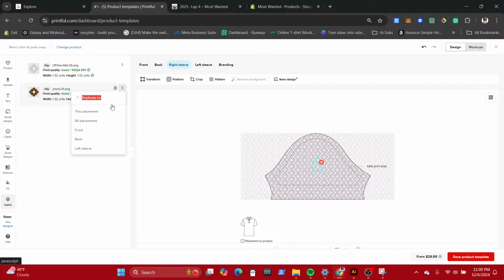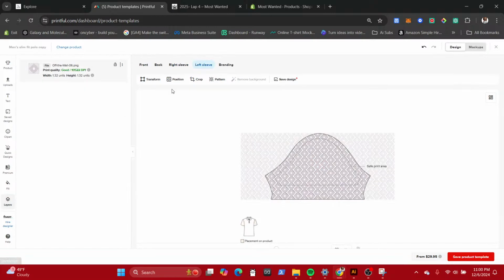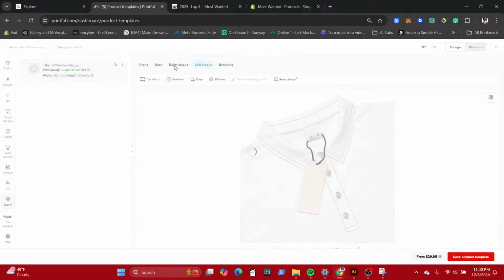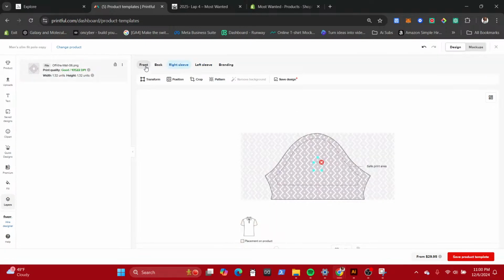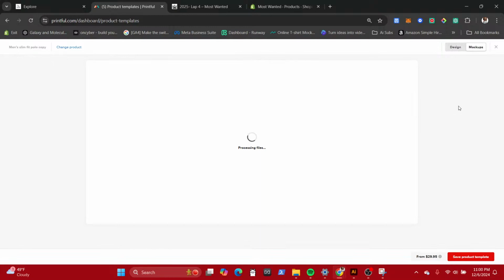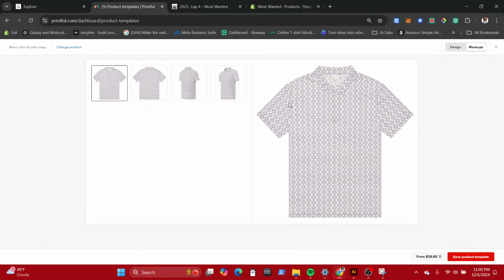Oop, take this away. All right, that's all of it. All right, let's see how it comes out. Or did I do the back? I did. Now, mock up. And this is what we came out to be.